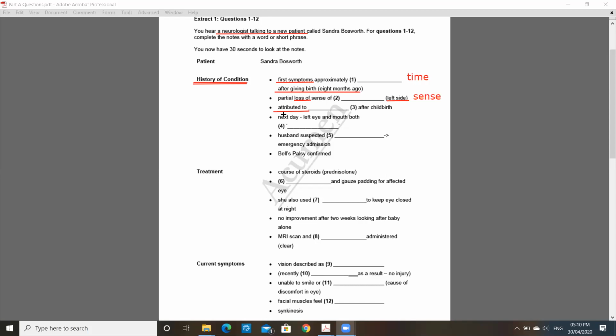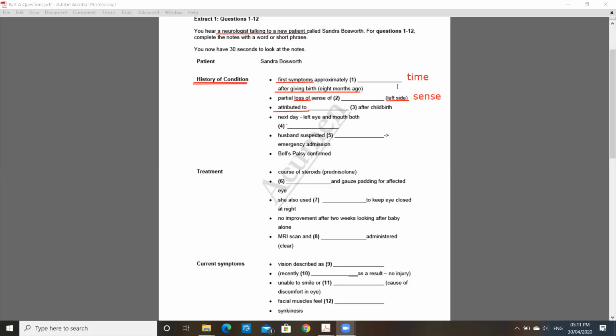What was the reason? When I say I attribute my success to my parents, I establish them as responsible for my success. But here, why has the neurologist used the word attributed to rather than caused by? It is because attributed to gives you a perspective of the patient. Caused by means it is definitive that yeah, that was the reason why they started developing this symptom. Whereas when the neurologist is using the word attributed to, that means it was the patient's perspective. The patient thought that it was because of something.